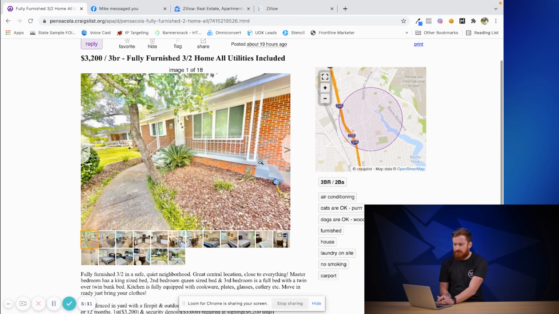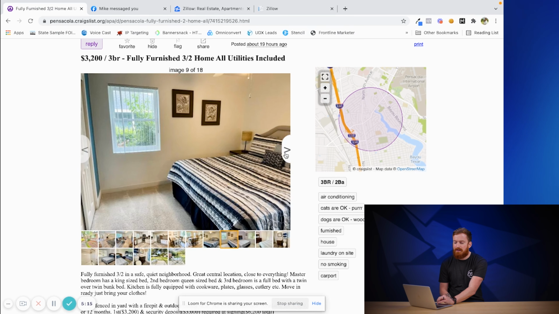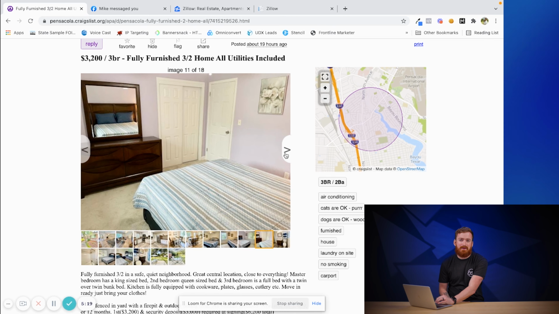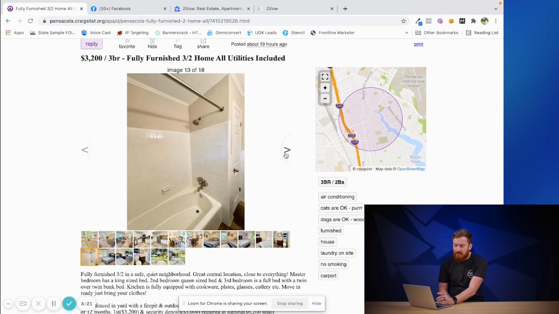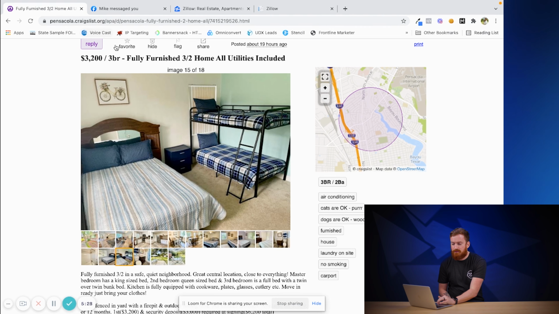This one to me actually looks pretty good. These look like pictures somebody self-shot. Looks like a pretty nice property. Now, something this nice probably isn't going to sell to us at a discount, but something that looks like this, that's a lower quality property, is something that you could simply click the reply button to